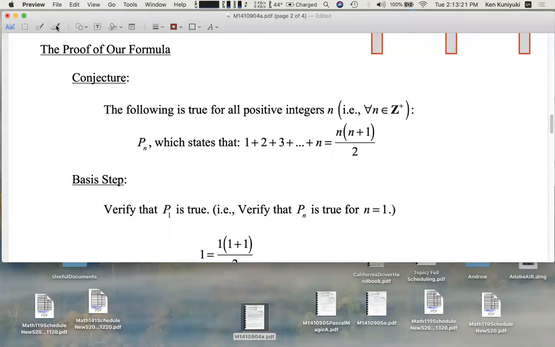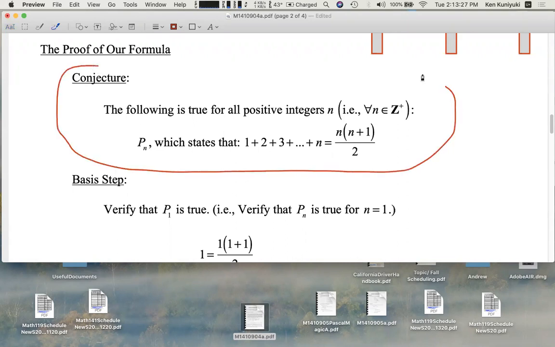Hi, everyone. So the bottom line is that you need to be able to prove this conjecture, that the following is true for all positive integers n. That is, for all n in the set of positive integers, Z plus, P sub n, the statement P sub n, this is like a proposition, which states that the sum of the